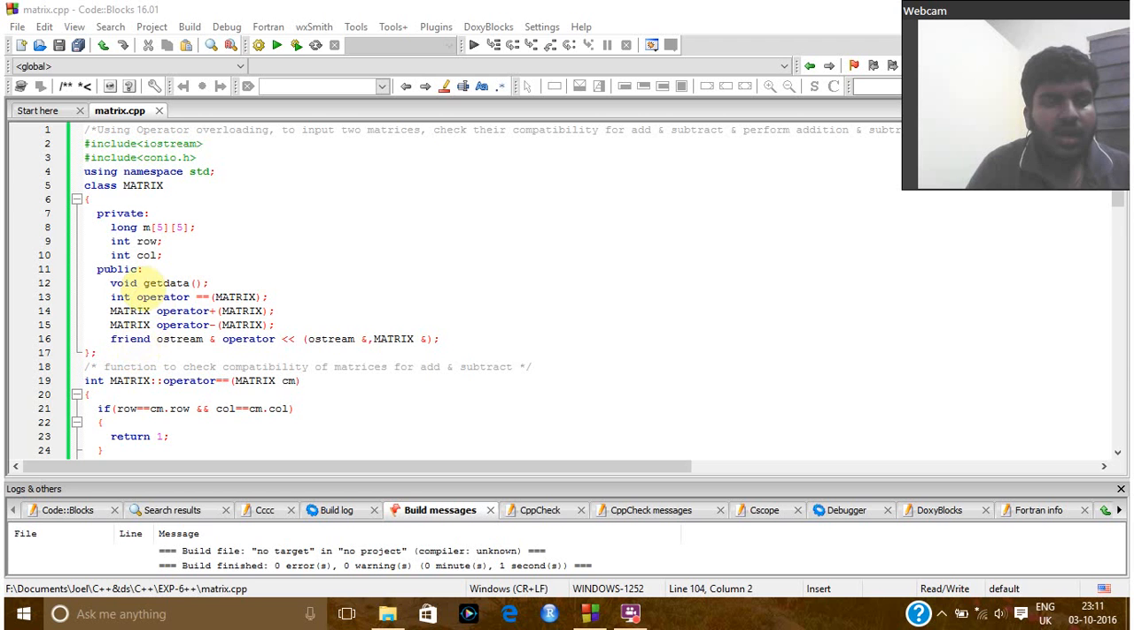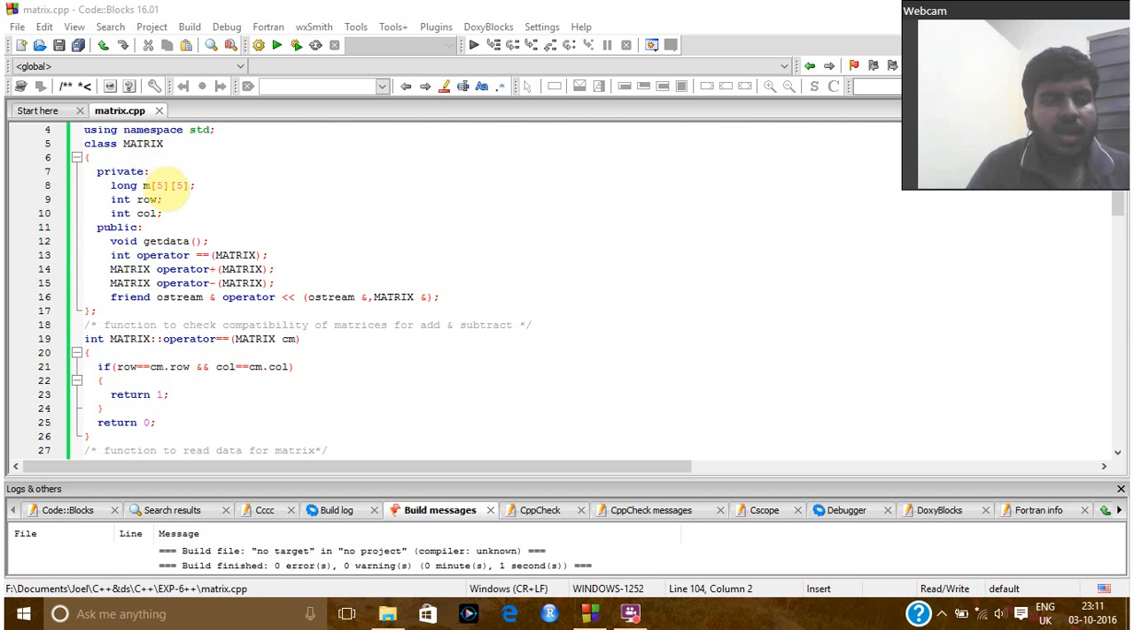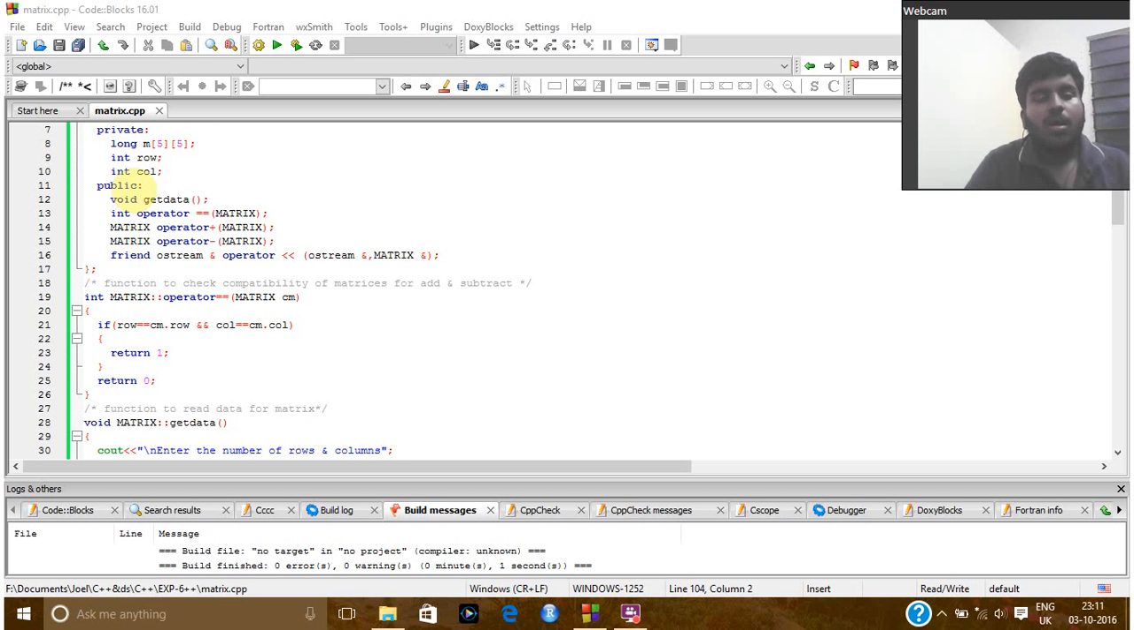I have created a class named Matrix, and in the private access level I have created a two-dimensional array M of long data type, and also declared two variables row and col of integer data type. And inside the public access level I have created the function prototypes for getdata, which inputs the data for the matrices, and I have overloaded the